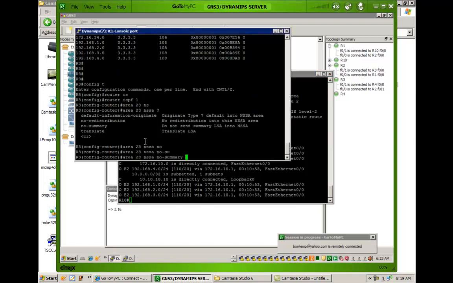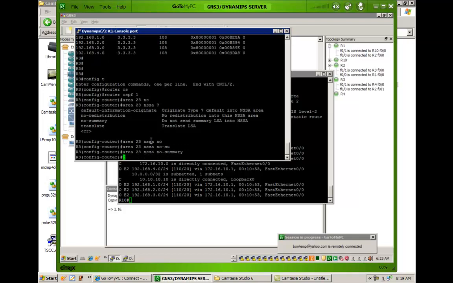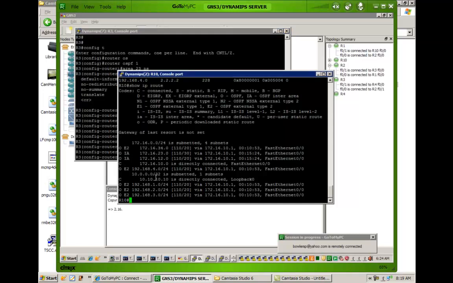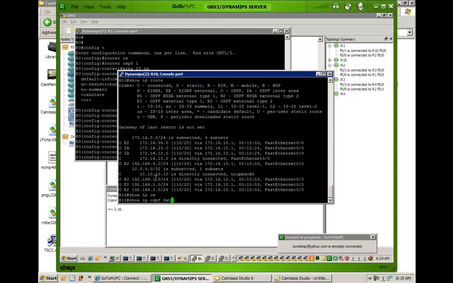I'm going to put this command in here on router 3, area 23 NSSA no summary. And if I go back to router 10 now, which is in area 10, on the other end of this OSPF domain, if I do a show IP OSPF database,